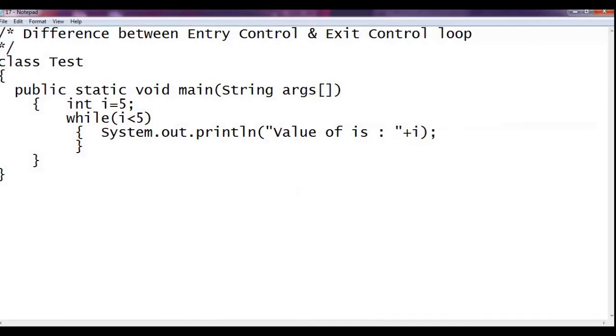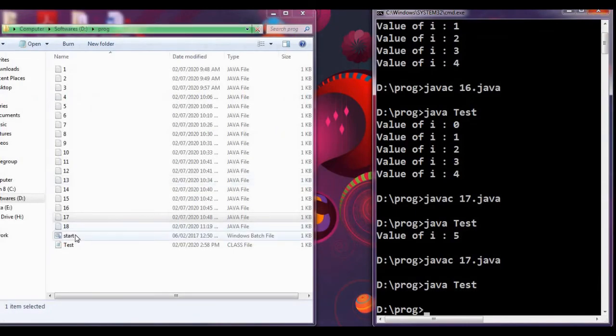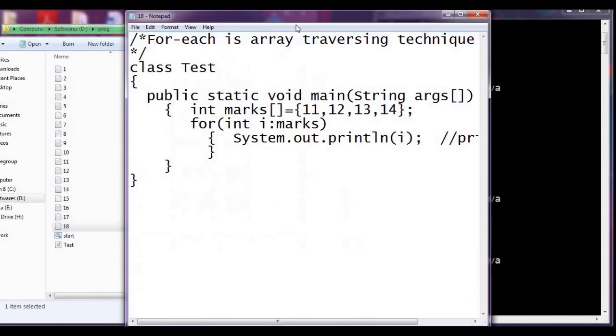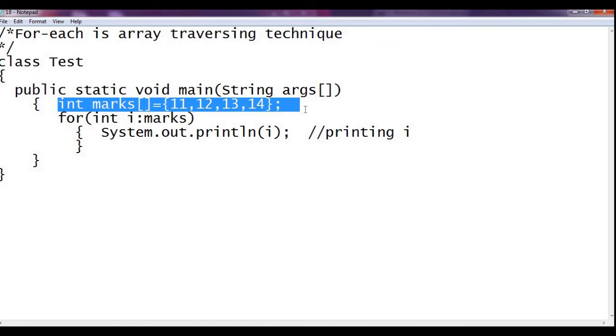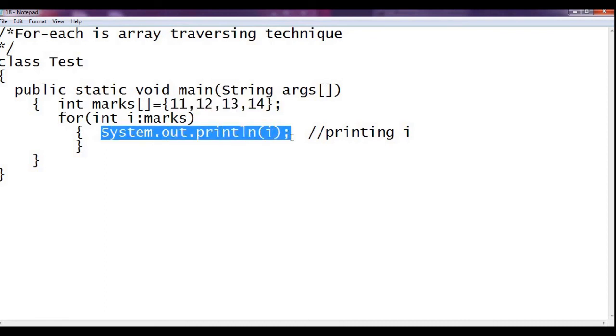Now we have one loop remaining. There's the for each loop, which is new in Java. Here we have an array. We have a marks array with values 11, 12, 13, 14. We want to print the values of that array.